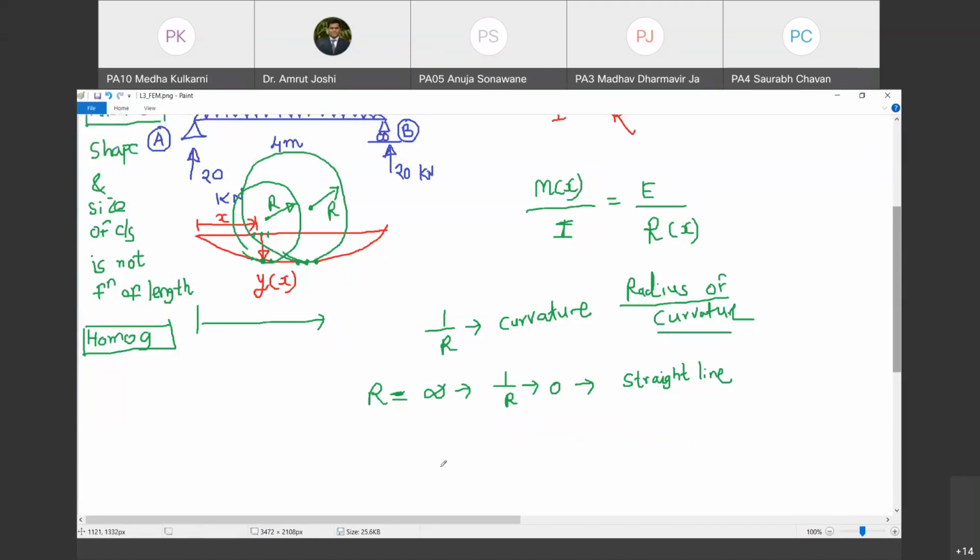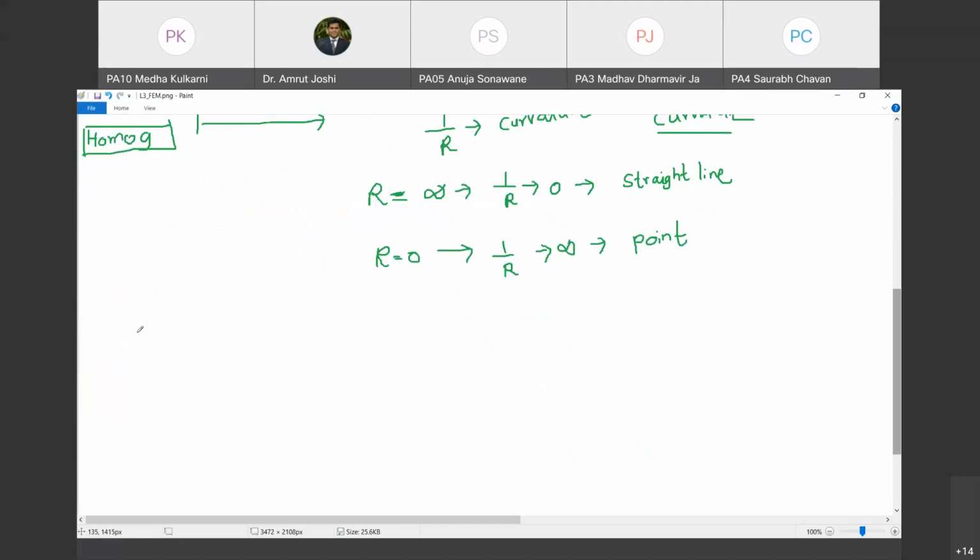So now what about a point? A point has radius equal to 0. Do you agree with me? That indicates it has infinite curvature. So we have a point which has infinite curvature and 0 radius. We have a straight line which has infinite radius and 0 curvature. All the other curves will have a value of curvature between 0 and infinity. Do you agree? So 1 upon r you have to understand here is curvature.